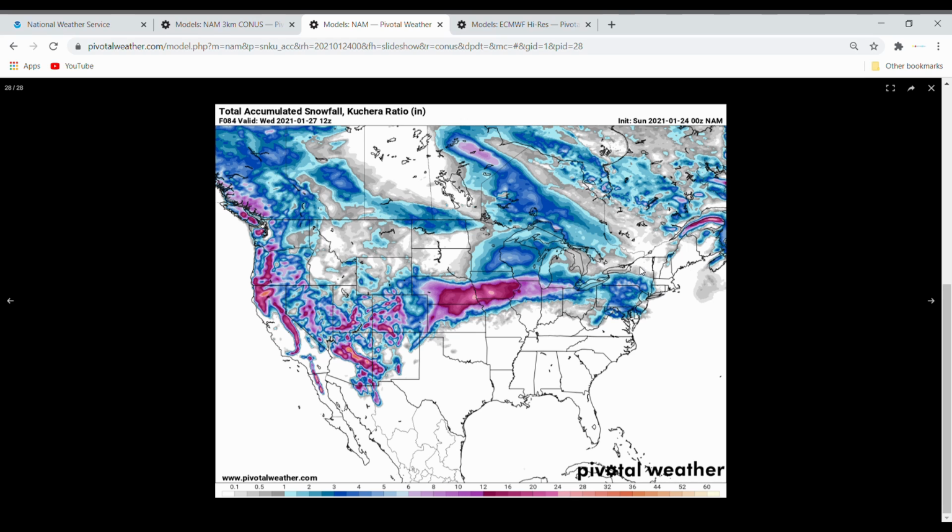Now, in the eastern part of the storm system, you can see that you're getting this sharp cutoff in areas like eastern New York, western Massachusetts, and western Connecticut. I think that that's going to smooth out a little bit, kind of. You can see how it's almost vertical. I think that's going to kind of move more toward a 45-degree angle of that cutoff.